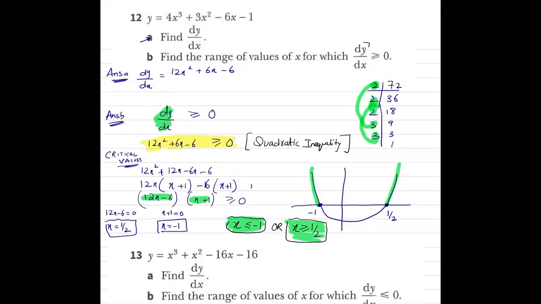And for the time being, I'm removing this greater than equal to 0. So you understand the factorization process. If I ask you, okay, I want the critical values. Critical values means we have to find the roots, we have to solve this equation. So I have to solve 12x square plus 6x minus 6 equal to 0. Obviously I will have to do factorization and I will find the roots. Is it correct till here? The roots will be -1 and half.